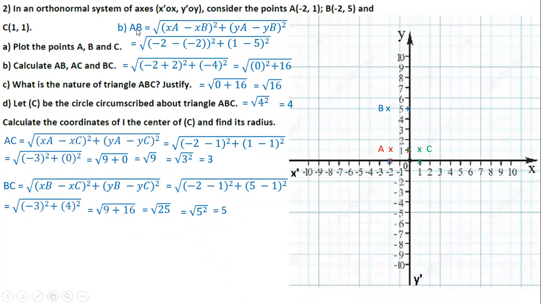Now we get the square of AB. 4 squared is 16. Now the square of AC. 3 squared is 9. As you notice, the greatest one, BC squared, is 25, leave it as